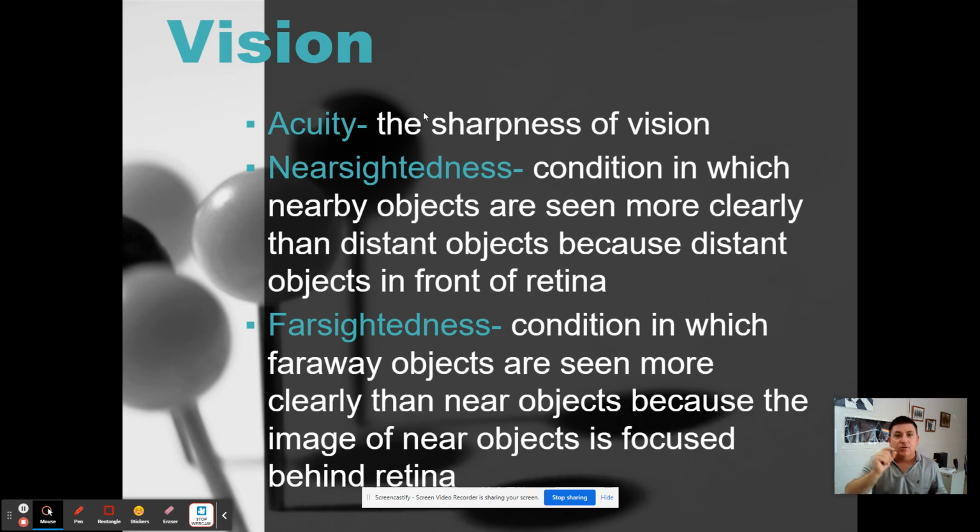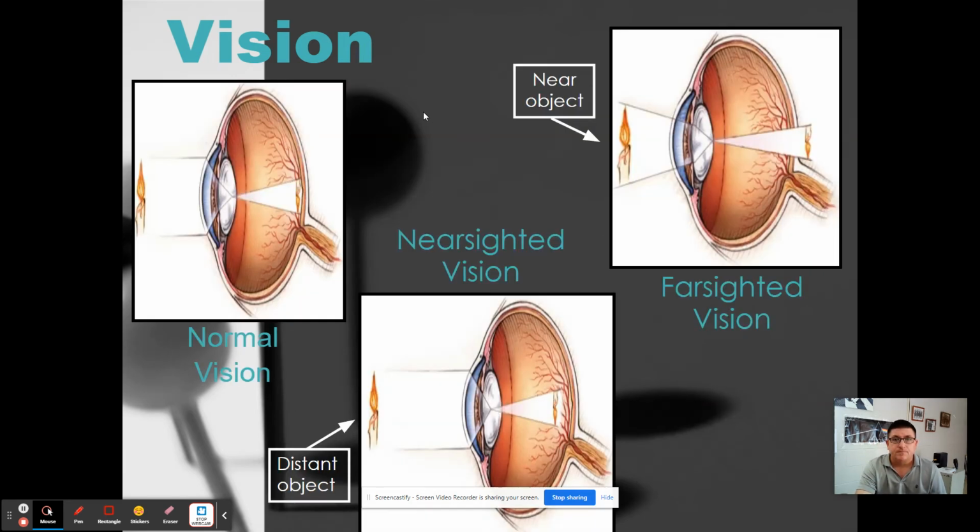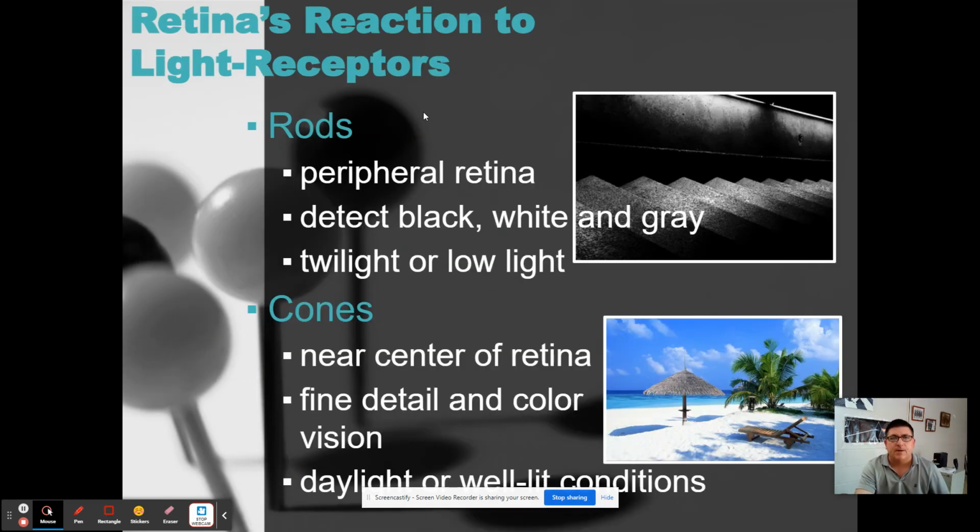But as you age, your lenses change. I noticed about 5-10 years ago, I had trouble reading fine print. I had to get reader glasses. So now because my lens is not focusing on the near stuff, it can see the far stuff, but the near stuff, it struggles. So I'm farsighted. Here's an example of what I'm talking about there.